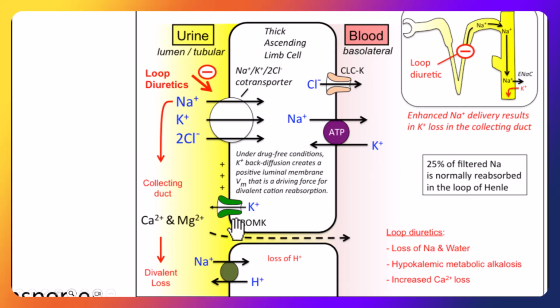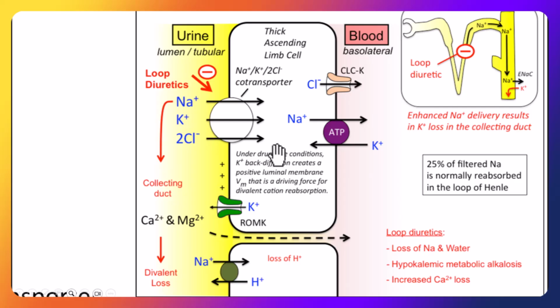Why does this happen? Well, I mentioned earlier that this recycling of potassium, pumped out and brought back in, allows for maintenance of an appropriate electrical gradient relating to that positive charge. So you might be thinking, well, why are we pumping it out if it's coming back in anyways? Well, if you leave it here in the lumen, it's going to end up as part of the urine. So if you want to keep a positive charge in this lumen here, and again, we're at that ascending limb of the loop of Henle, you pump out the potassium and then you bring it back in,